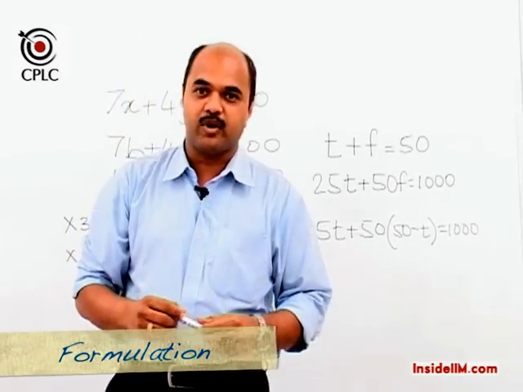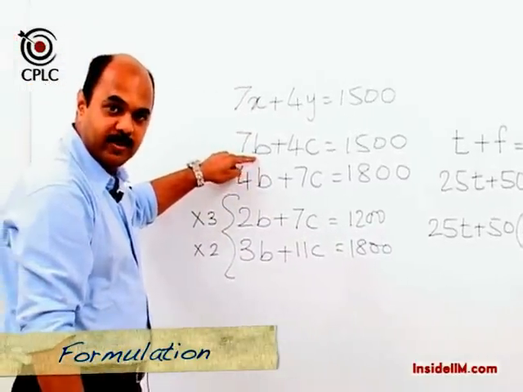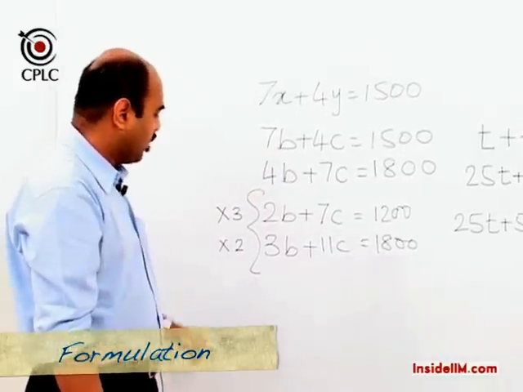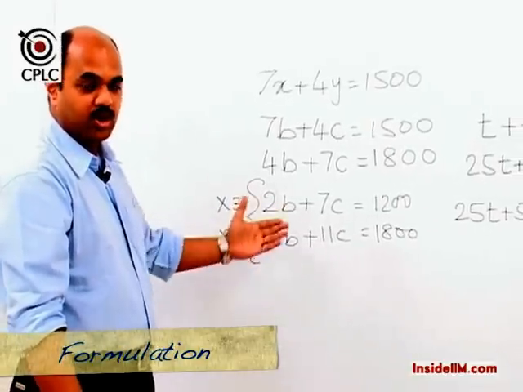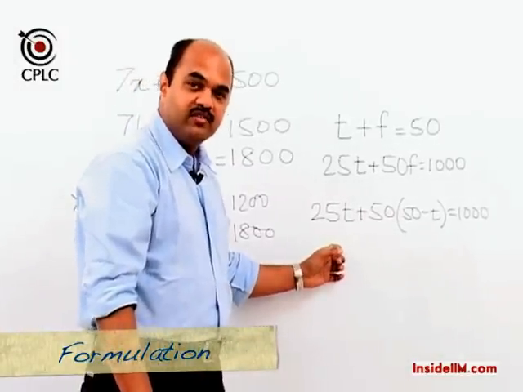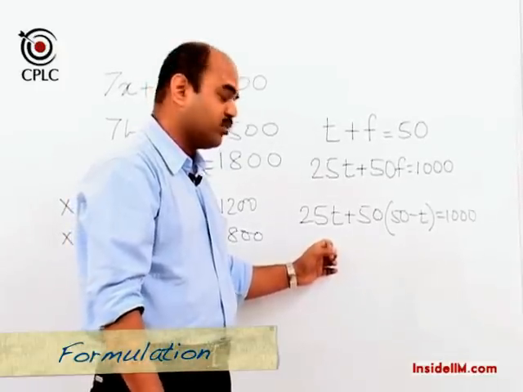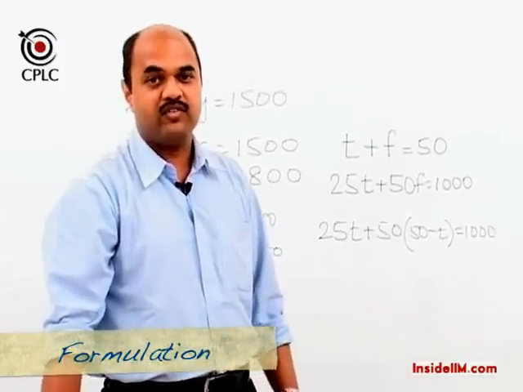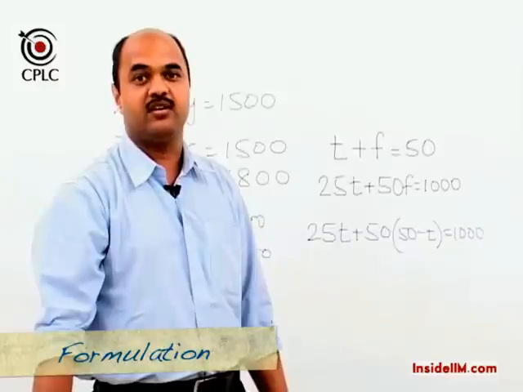To summarize these 3 points that we've gone through, the first point was about using variables properly, preferably the first alphabet of the word. Second was check what is asked and eliminate accordingly, which will tell you what to multiply each equation by. And the third point was about use only one variable if possible, because it is simpler and faster to solve questions using only one variable. These are 3 extremely important points when we formulate equations. It will save time and it will reduce the possibility of an error in the question.